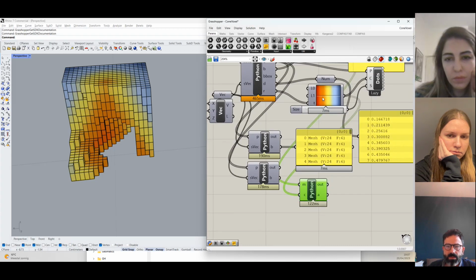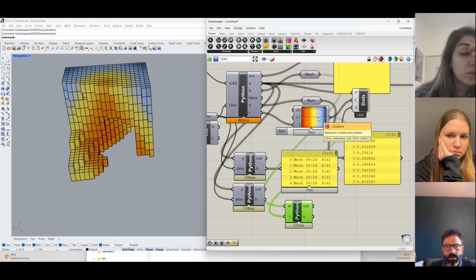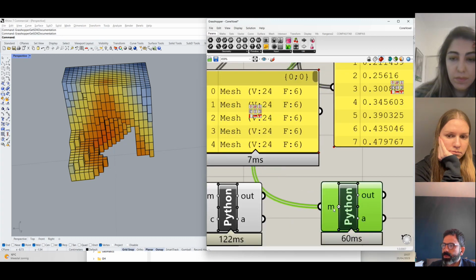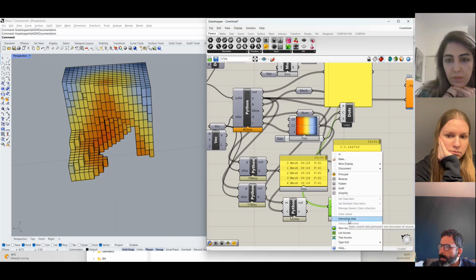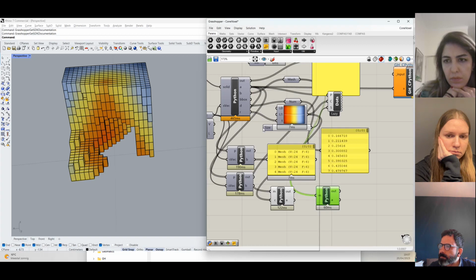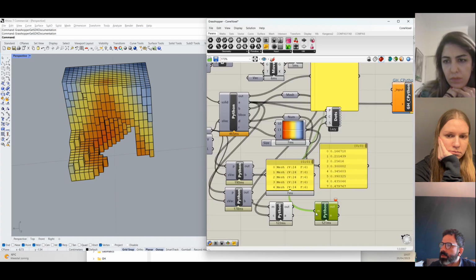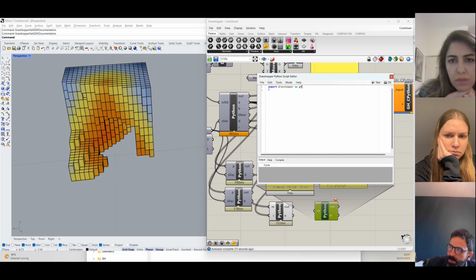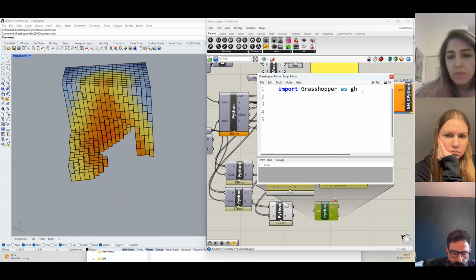So let's make another component to convert numbers to colors. I'm going to make exactly this component in Python. This one. Not because I think this is the best way of doing this, but because I want to use floats for numbers. And this time I'm going to import grasshopper as GH. And I'm going to create,